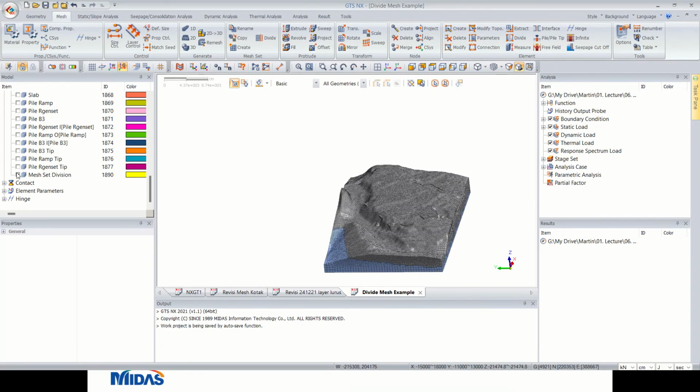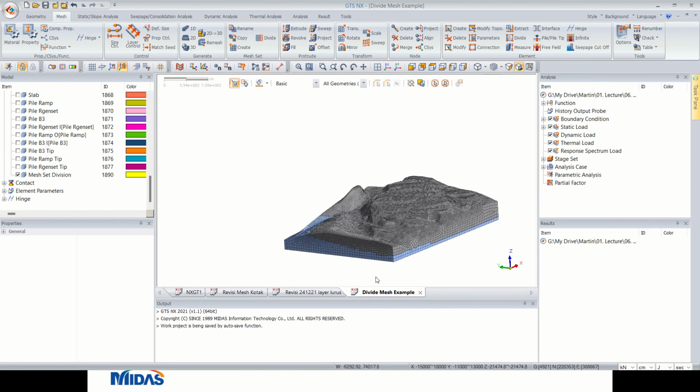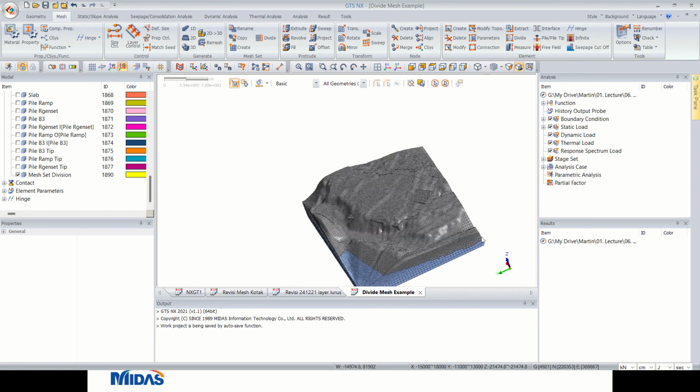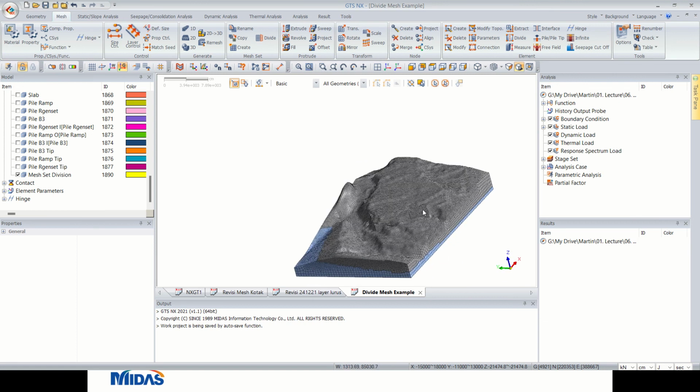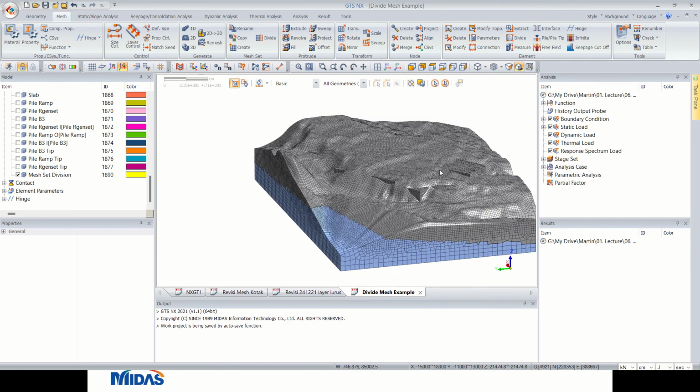Of course, for me, whenever possible, I always cut the geometry, and only when it is no longer possible to cut the geometry, I will cut the mesh. Okay, this is the new feature that is introduced. Of course, this is only one application. There are so many.